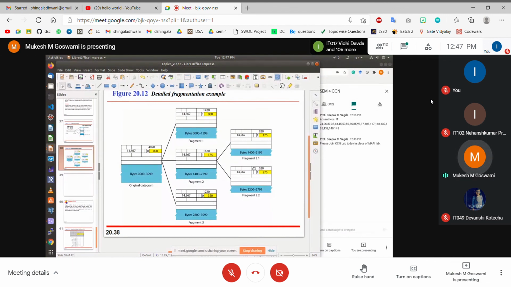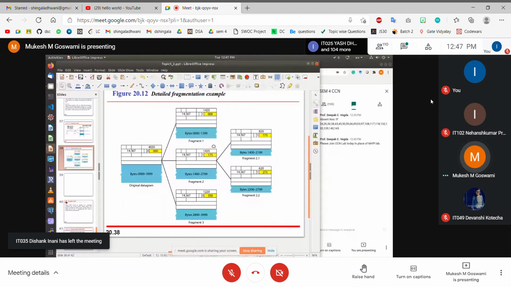How will the destination know that these are all fragments of the same packet? By looking at the identifier field. So when the destination receives these 4 fragments, it checks the identifier field, and it comes to know that okay, these 4 are the fragments of the same packet, and then it will arrange them. Now how to arrange them? They will arrange them based on the offset. So 0 is the first, then 175 is the second, then 275 is the third one, 350 is the last one. So that is how they will combine it and generate the original packet back.